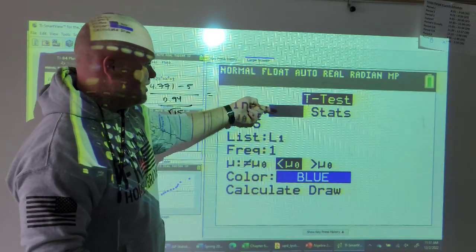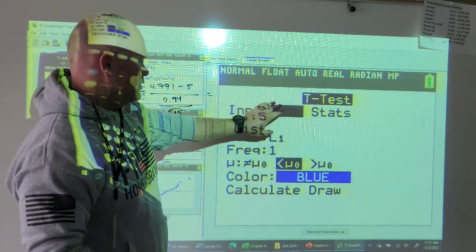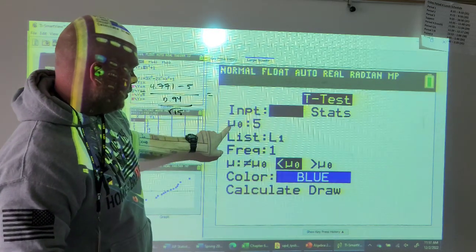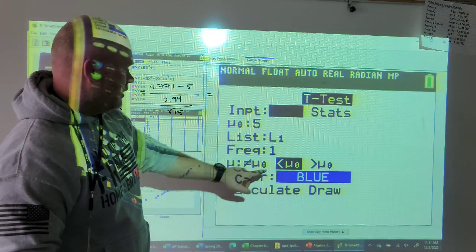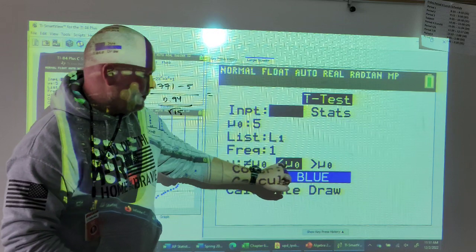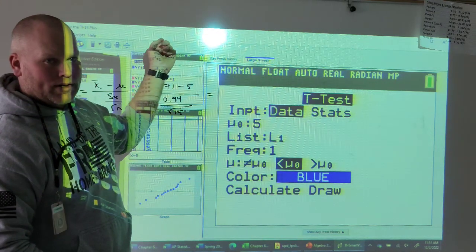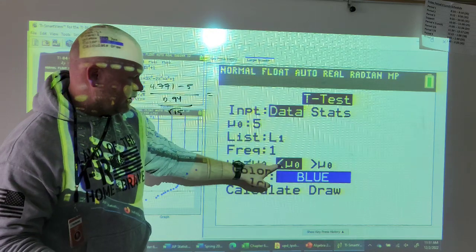You can either do it with data, so this is just going to pull everything from your list. So if we do it this way, we would put our mu in as 5, list 1, okay, and then for this, not equal to, less than, greater than, come back to what the alternative was. So alternative was that mu was less than 5, so we want to have the less than one highlighted,